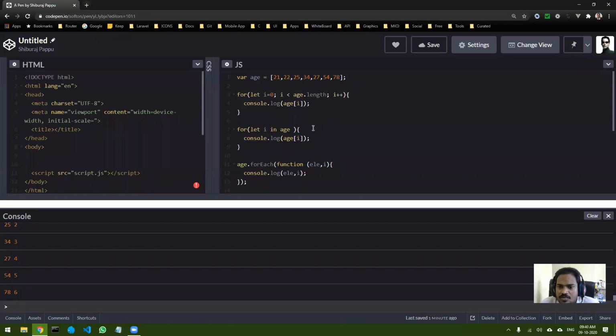So there are many more functions in forEach, and I will show you a few of them, but the majority of them you can study, because we study these things as and when required.